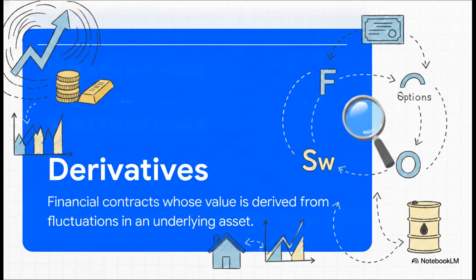So, the absolutely crucial point is that these instruments, things like futures, forwards, swaps, and options, they don't have any intrinsic value on their own. Instead, their worth is entirely derived from the fluctuations of an underlying asset. It could be a stock, a bond, a commodity, even a benchmark index. When you buy a derivative, you aren't actually buying the asset itself. You're just buying a contract based on how that asset is going to behave.